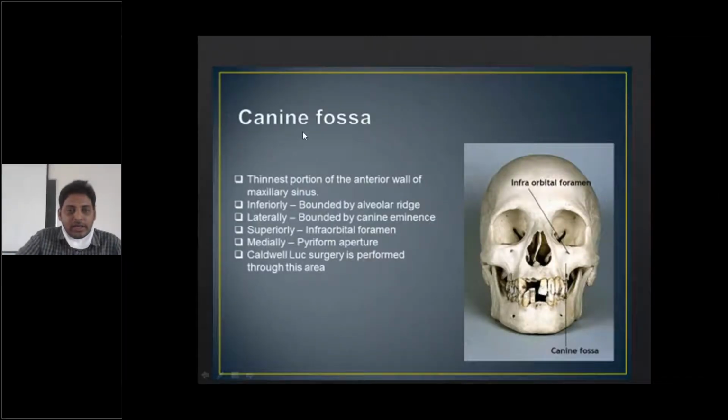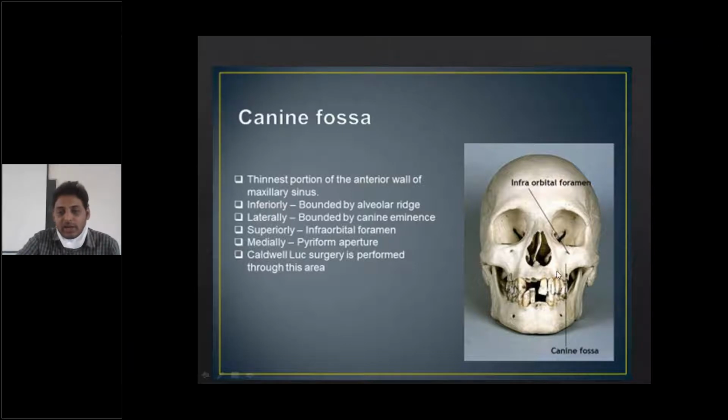And coming to the clinical aspect, the canine fossa is very important from the maxillary sinus point of view. The point I am showing is the canine fossa region, which is the thinnest portion of the anterior wall of the maxillary sinus. The anterior relation of the maxillary sinus is the maxillary bone and the cheek region. The region where the anterior wall of the maxilla is thinnest is known as the canine fossa. It is inferiorly bounded by the alveolar ridge,